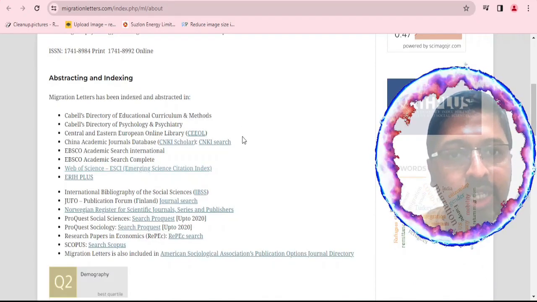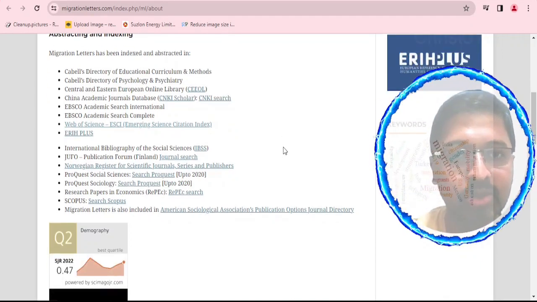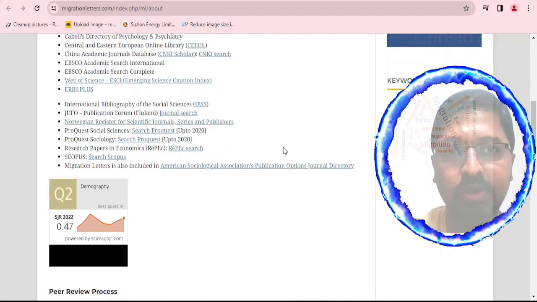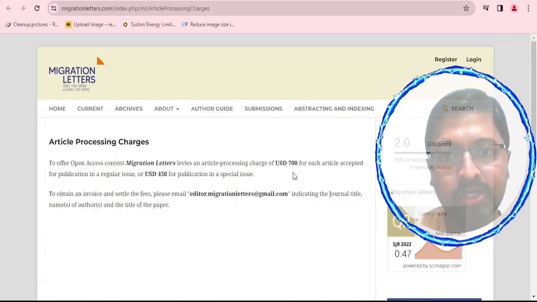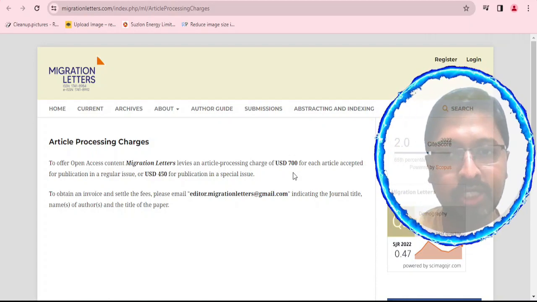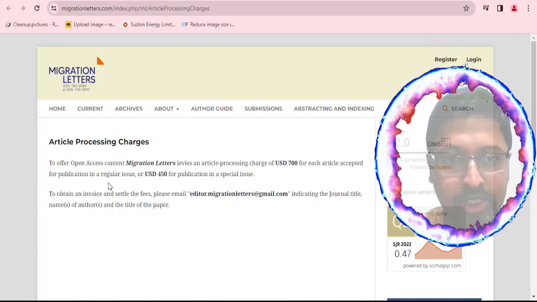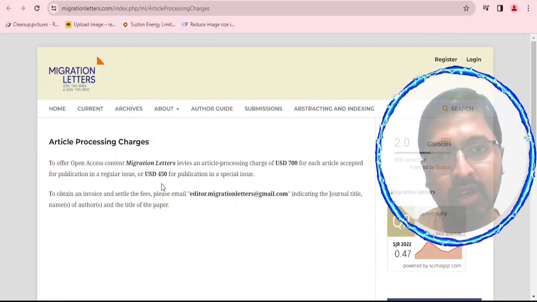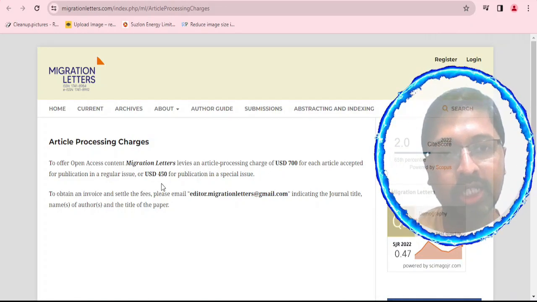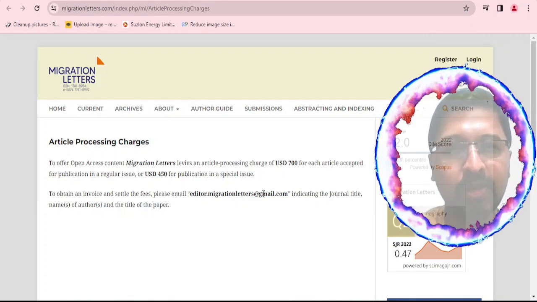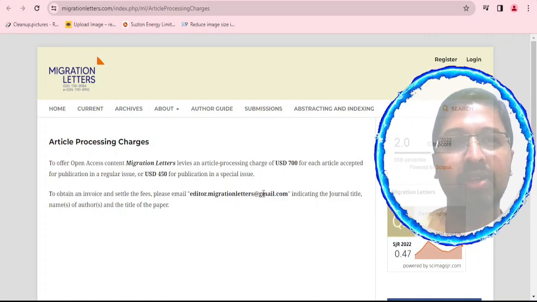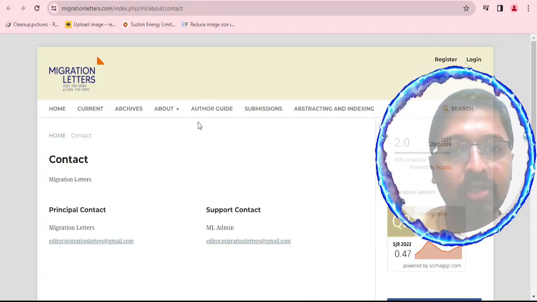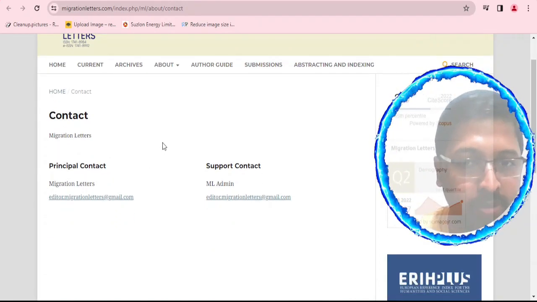When you go to the abstracting and indexing, they have mentioned that it is coming under the Scopus and Web of Science databases. Anyway, we will cross check them. When you go to the article processing charges, they have mentioned $700 or approximately 56,000 Indian rupees for the regular issue, and maybe $450 or approximately 36,000 Indian rupees for the special issue. They have mentioned that you can contact a particular email ID. But when I tried to approach this journal for a special issue, they were not responding most of the times. When you go to the contact section, they have displayed one email ID,